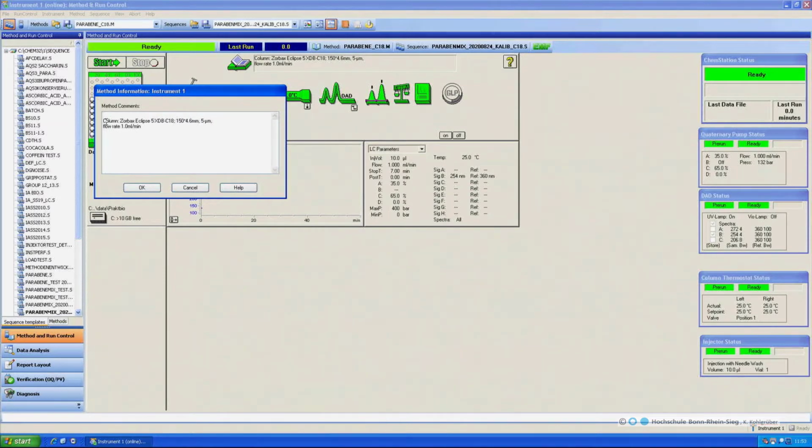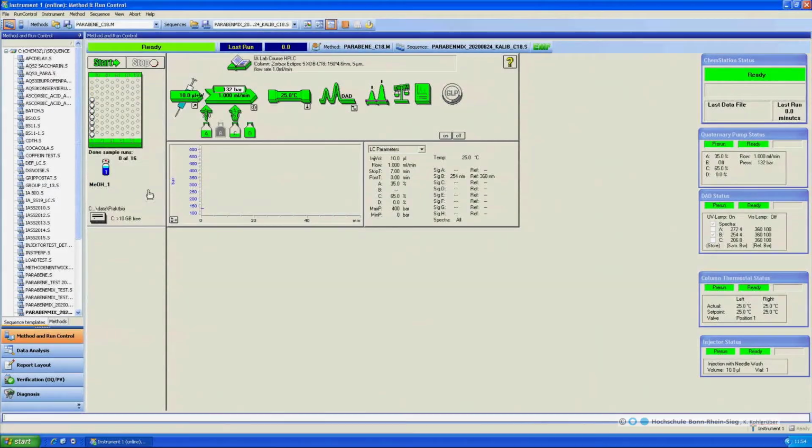Here, for example, IA lab course, the column's name Zorbax Eclipse XDB C18 and its dimensions of 150 mm in length, 4.6 mm in inner diameter and 5 micrometer particle size of the stationary phase, and the flow rate of the pump with 1 milliliter per minute. Below the method information are all modules of the HPLC listed, which were explained before in